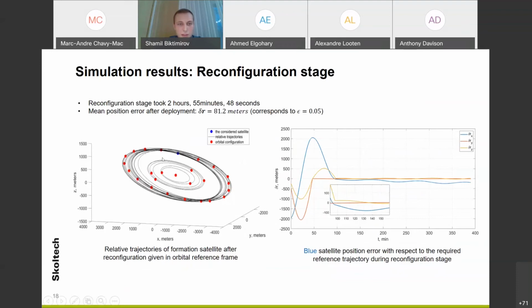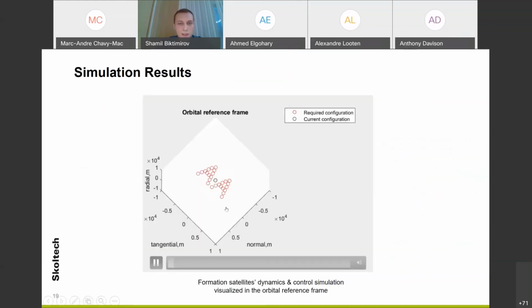You can see the logo of the International Academy of Astronautics, and here is the position error during reconfiguration. And finally, you can see how it looks in animation. So now the first orbital configuration is deployed, then time for reconfiguration came, and now the satellites, which are black, should reach the red required trajectory or state vectors in the orbital reference frame. And now you can see that they start reconfiguration at some moment after the first demonstration, and it reached the